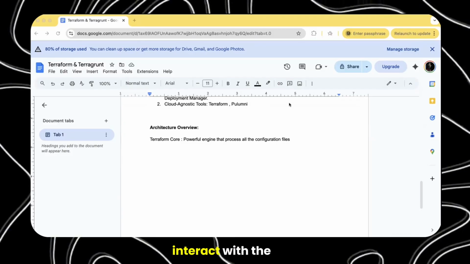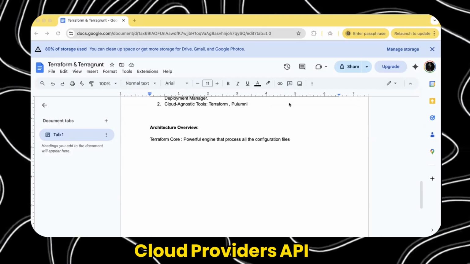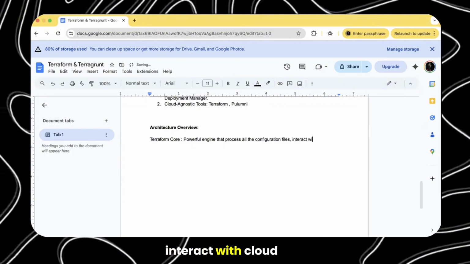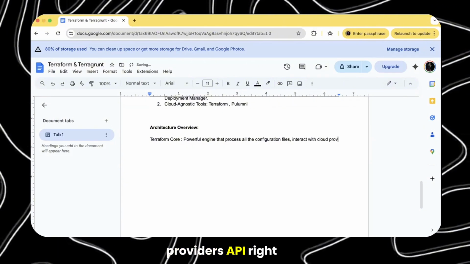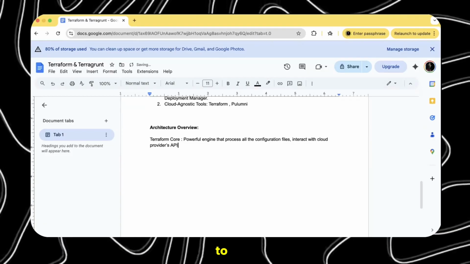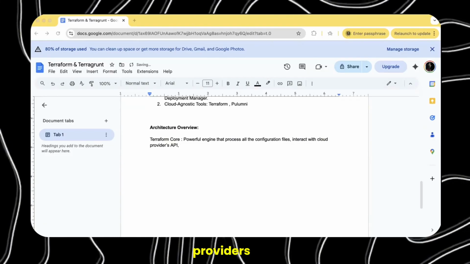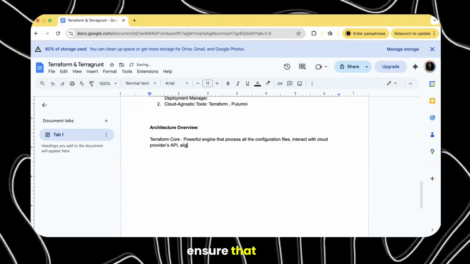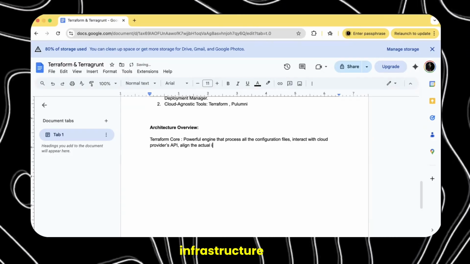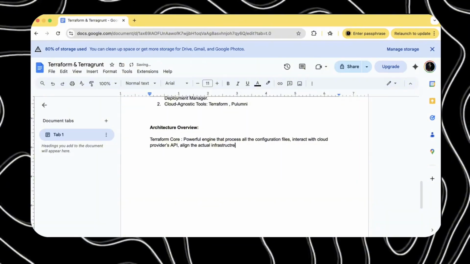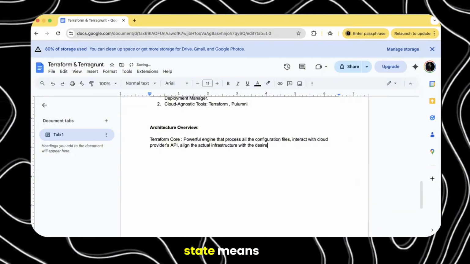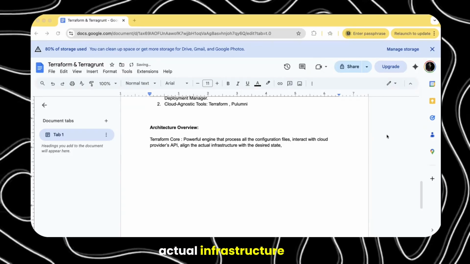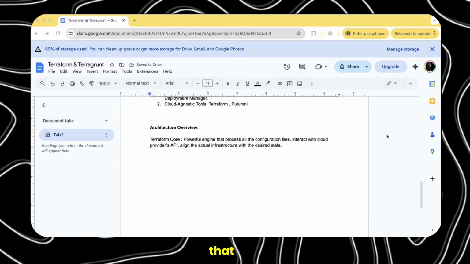It will interact with the cloud provider's API, right? Because it has to spin up the resources in the cloud provider. So it will interact with that and ensure that it aligns our actual infrastructure with the desired state. Meaning whatever state we want to put into the actual infrastructure, it will align with that, right?